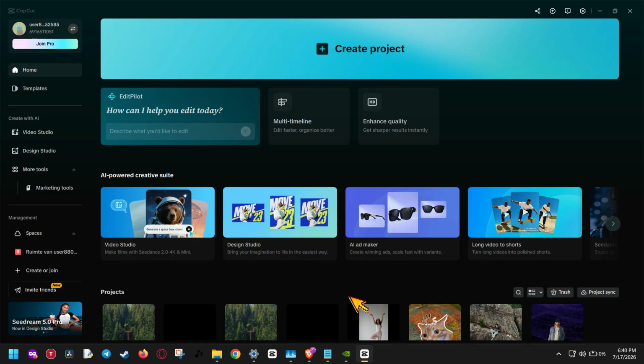Now that the cache is cleared and acceleration is disabled, it's time to start CapCut again. Close the app if it's still open, then launch it normally and give it a moment to load. In many cases, this combination of steps is enough to fix the problem and get CapCut running smoothly again. If it opens properly, you're all set. If it still takes a little longer than usual the first time, that's okay, because it may be rebuilding files